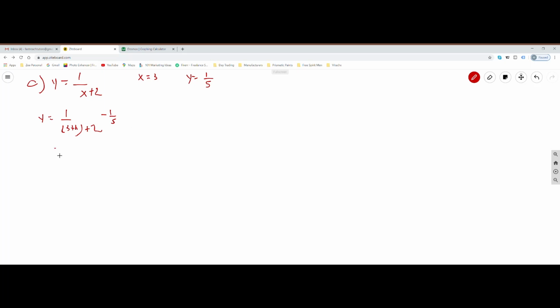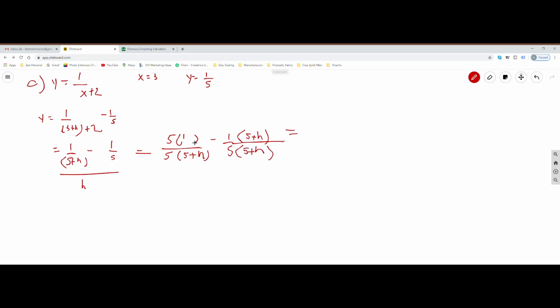So we can write this as 1 over 5 plus h over h minus 1 over 5. So we have to multiply this by 5 and multiply this fraction by 5 plus h over h. So this becomes 5 times 1 minus 1 times 5 plus h over 5 plus h